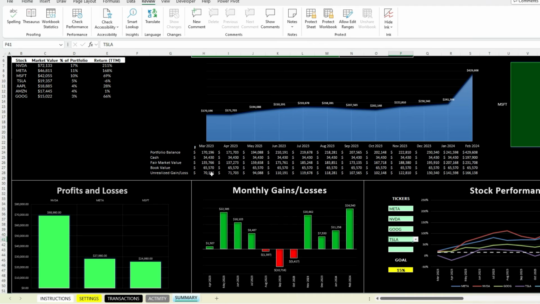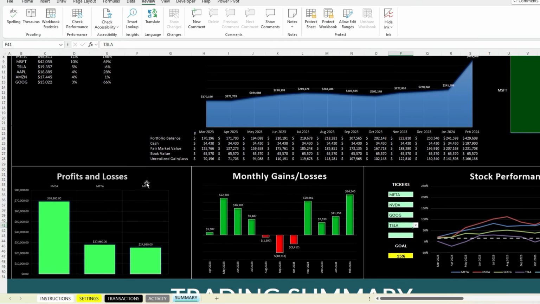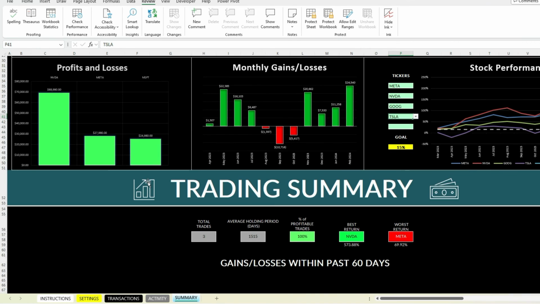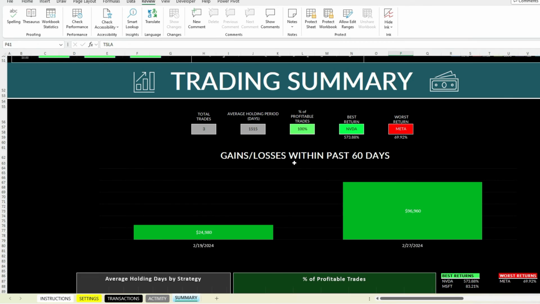It's looking at the positions as of the end of February or the most recent date. So if we've also booked these profits and losses and there's unrealized gains, obviously there's going to be a bit of a double count here temporarily, but once you go into the next month, that'll come back down and get rid of those unrealized gains. As for the trading summary, so we've got gains and losses within the past 60 days. So if you're a trader, this is maybe something that might be more helpful to you if you're tracking gains